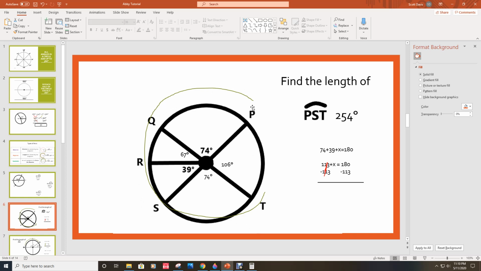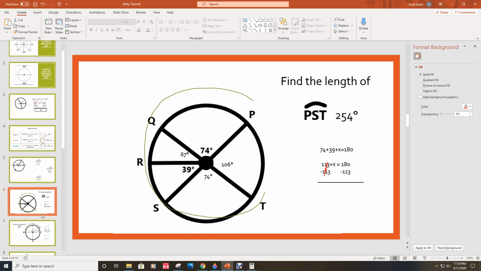You're going from PST. If I tried to go PST this way, I would go through my circle. Absolutely not. I'd go around, okay? Take that information and use it,